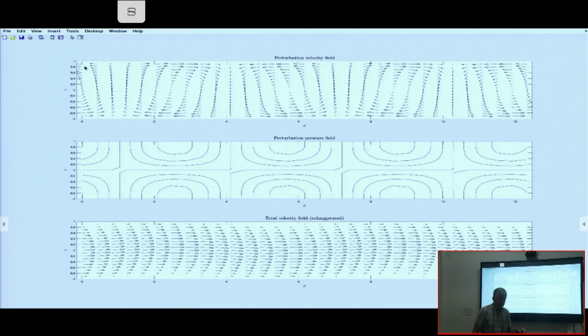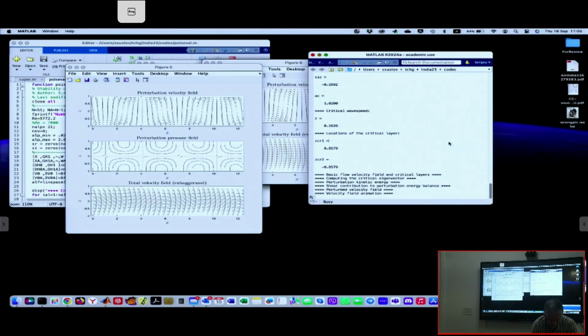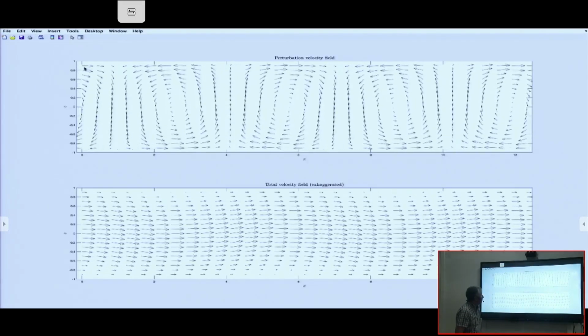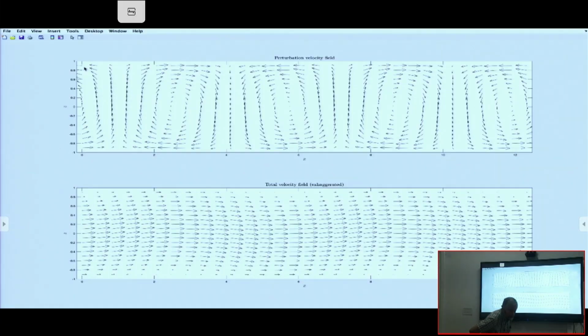So that's this thing. And then I made them move. Hopefully you saw some motion. I don't want to run it again because we're running out of time. Did you see them? They actually move. Maybe during the break you come close and I run it for you, and you see it for yourself. You will see that if the base flow is set in motion, those waves propagate in